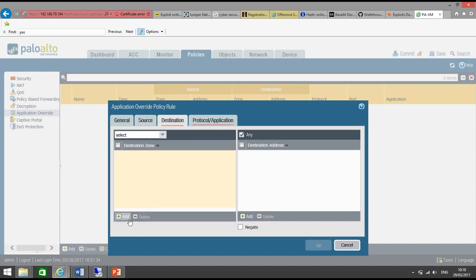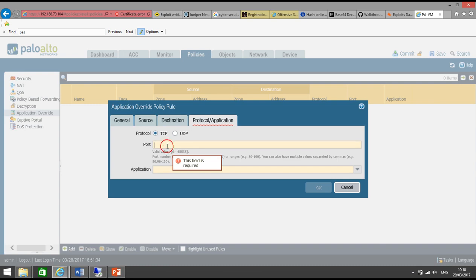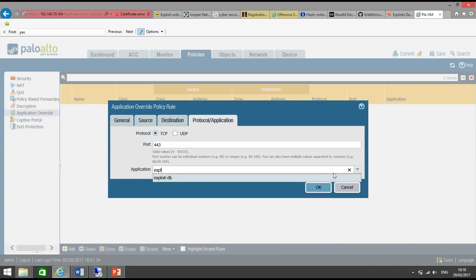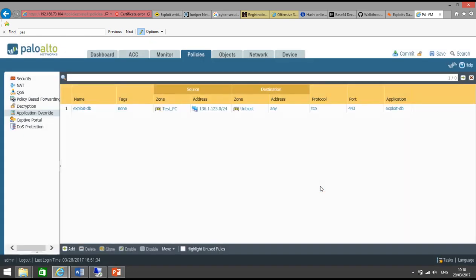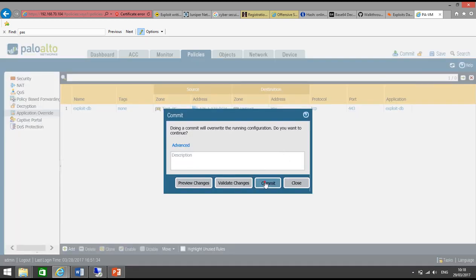Destination address could be anything, port 443, and application is exploit DB. Okay, so we already have the security policy and NAT policy in place. So click on commit,